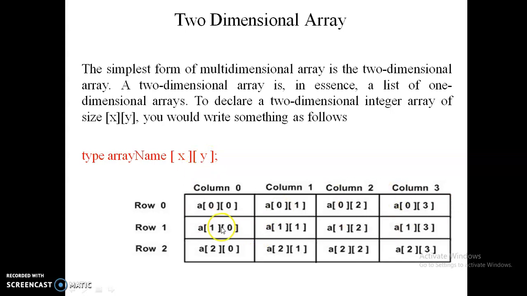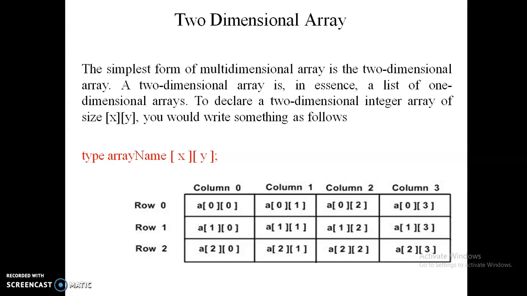Here this is the representation of the two-dimensional array. This is the column, this is a row. The combination of row and column is called a particular cell. Here this is row 0, column 0. The matrix name is A. That is, A of 0, 0 represents the first input of the table here. So like that you have to give inputs in the matrix, and also you have to access data like this in a two-dimensional array.